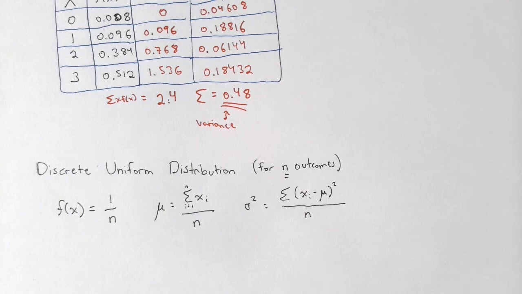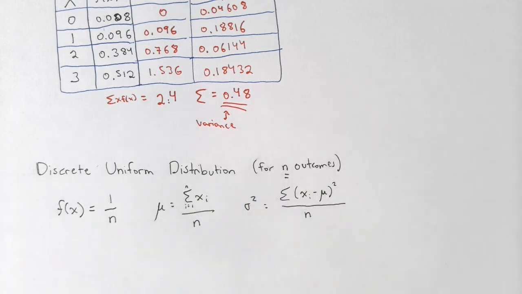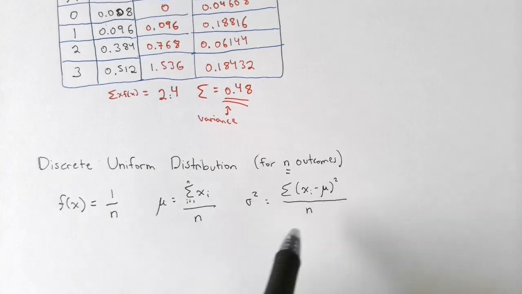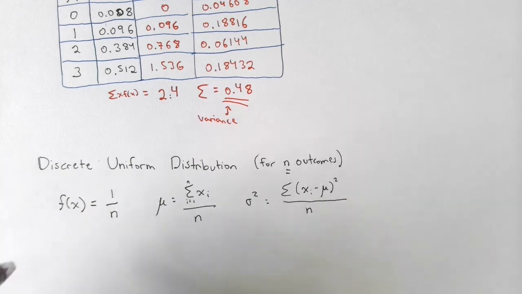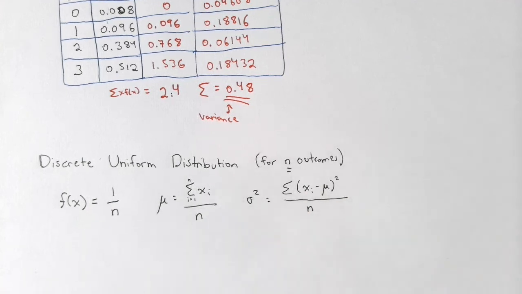Okay. Now, I don't want to go through all of these special cases. One, for example, is what if my discrete uniform distribution has consecutive integers? So let's say 3, 4, 5, 6, 7. Then in that case, these equations actually simplify a little bit. Or we could say, what if instead of 3, 4, 5, 6, 7, it's 8, 9, 10, 11, 12, 13, 14, right? As long as the outcomes are consecutive integers, then my mean and my standard deviation can be calculated with special